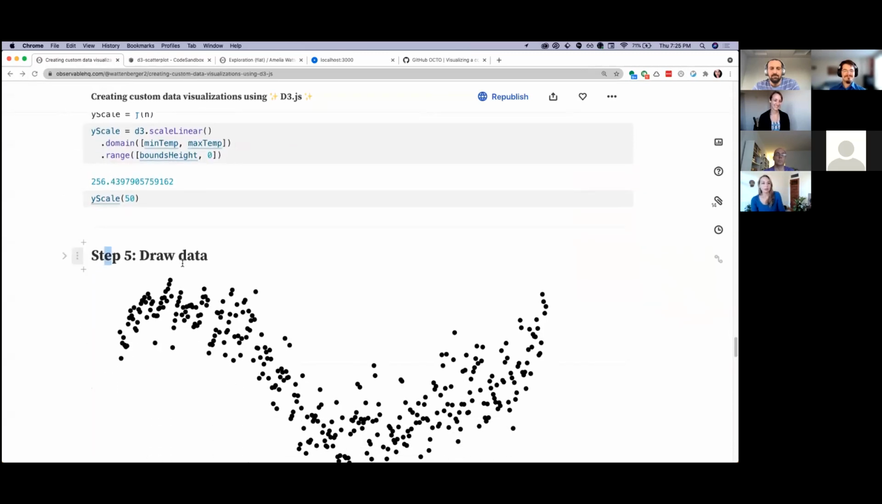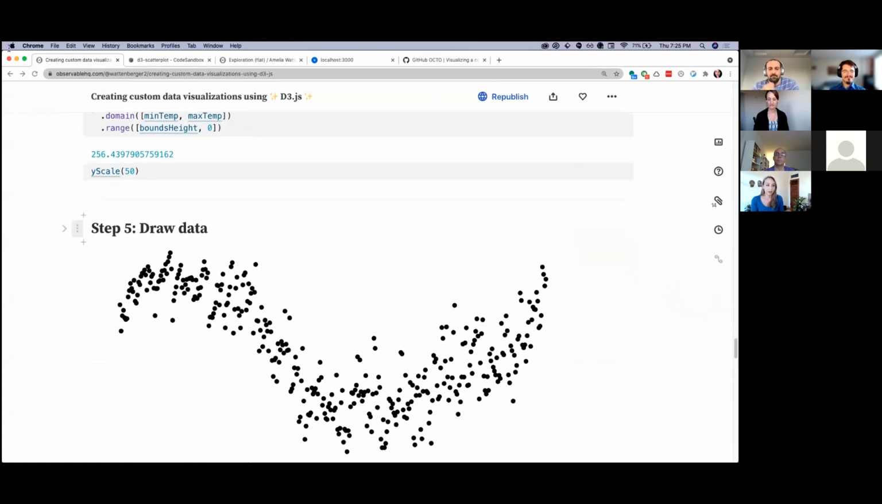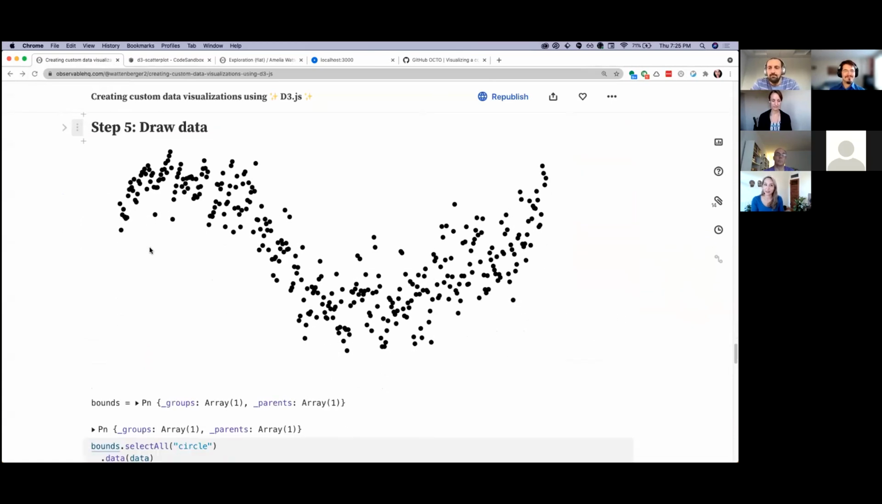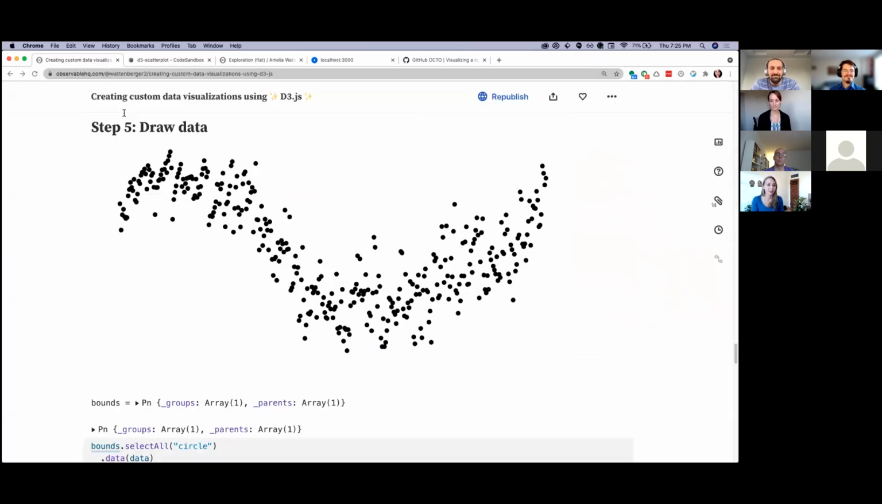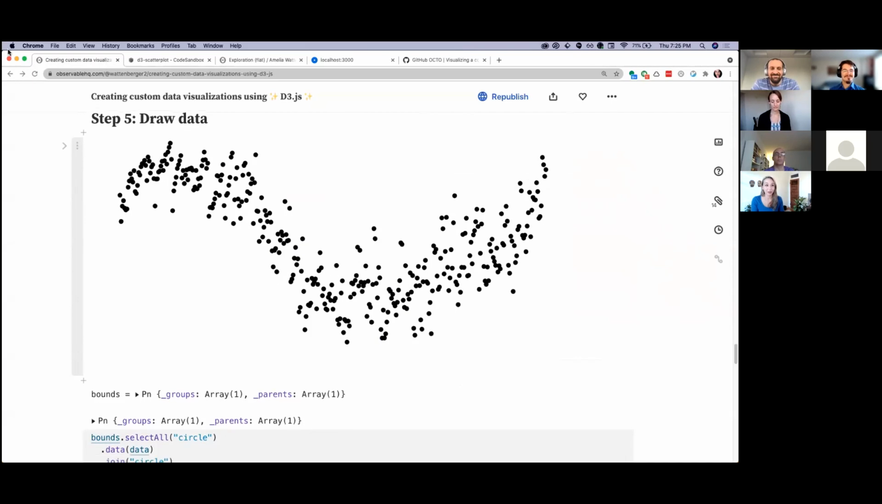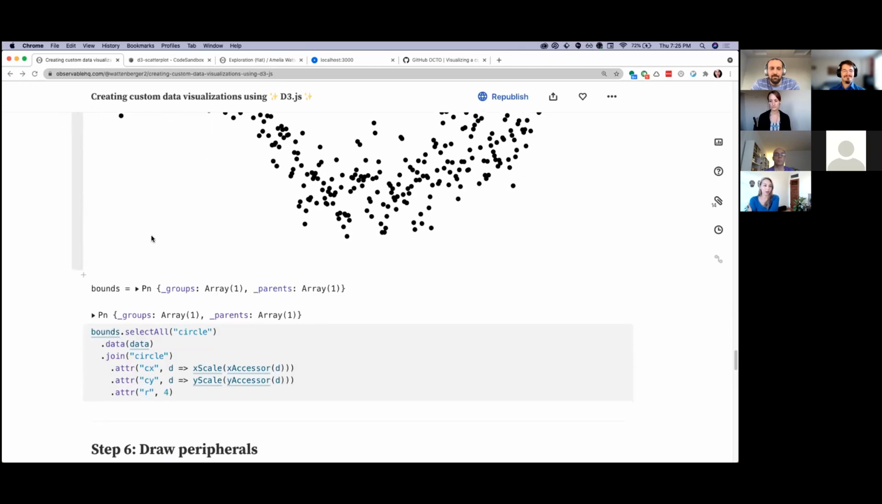All right, so this next step is about drawing the data. This is the exciting part, and it's really only 6 lines of code. So D3 can be really powerful, even though it's really low level. So what we're doing here is